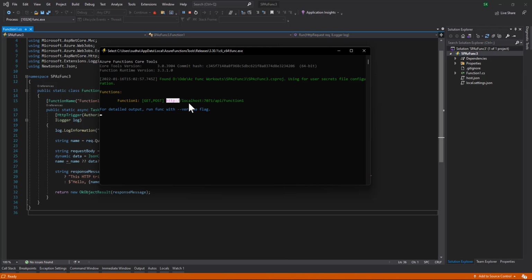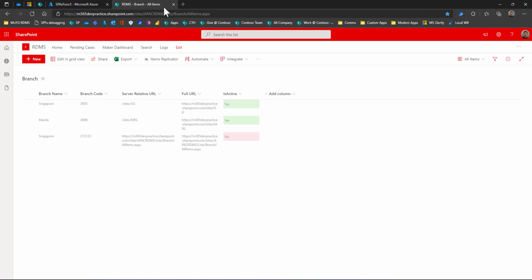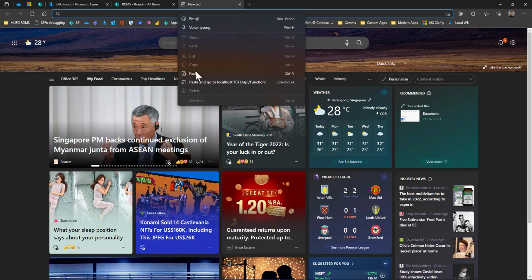I'll just copy this URL, go to the browser, open a new tab, and paste it. Now you can see the message saying that the function triggered successfully. Pass a name in the query string. Since I have just executed this function without the query string, it is displaying this message.